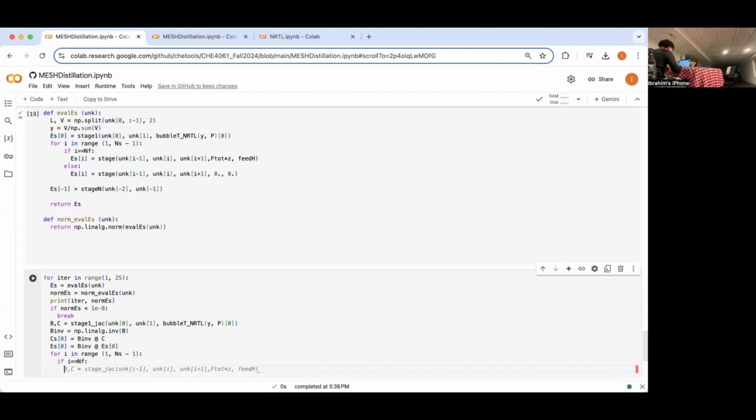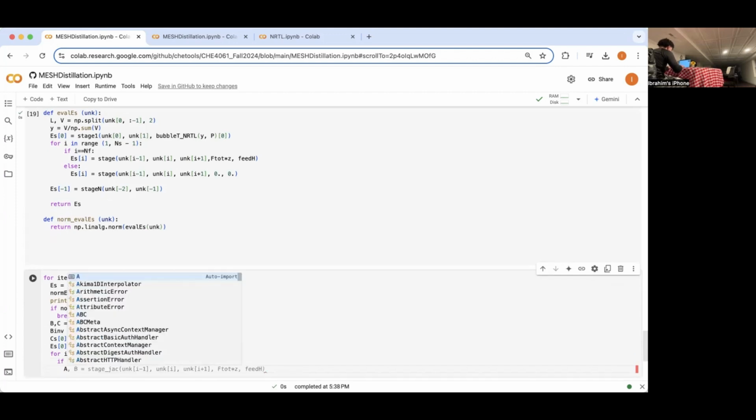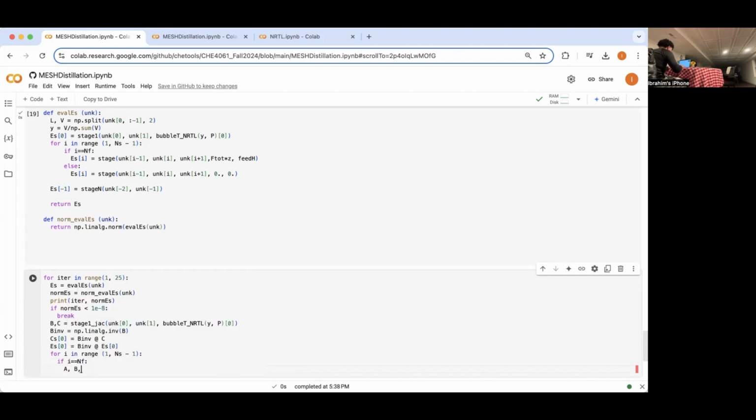So somewhat similar, however, we're adding other matrices essentially. So B and then C here, and then this is going to be equal to our Jacobian stage essentially. And our unknown is going to be at a function of i minus 1, and then our next unknown function is going to be at a function of